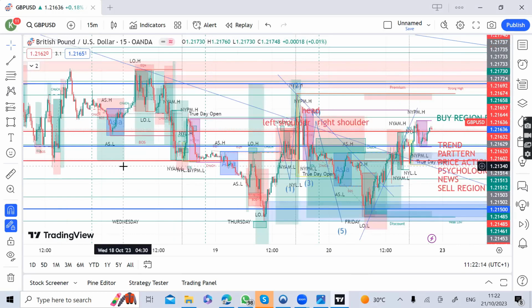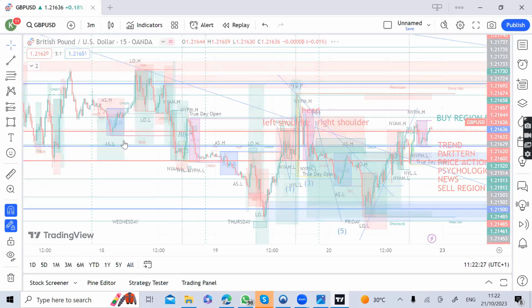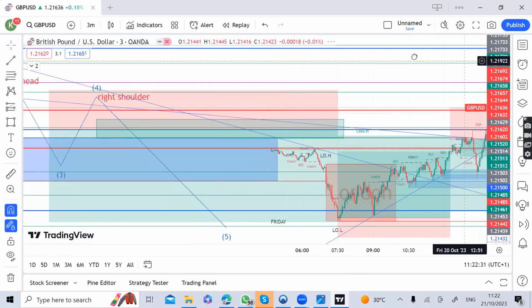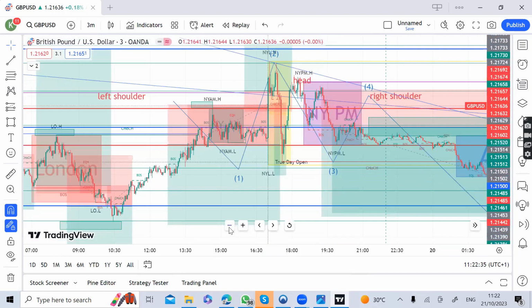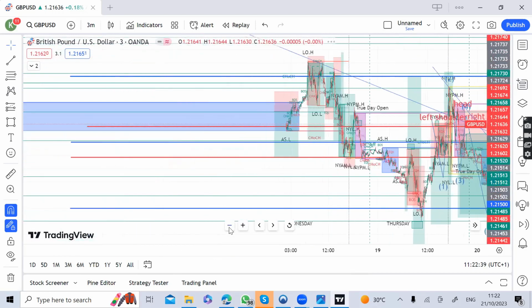So anytime you're trading, usually to grab that premium and discount, it's easier to get it from a lower time frame. That's why you see that sometimes I posted entries from 3 minutes. You might not be able to spot them easily on higher time frames. Let me show you what I mean. For instance, if you look at this entry,